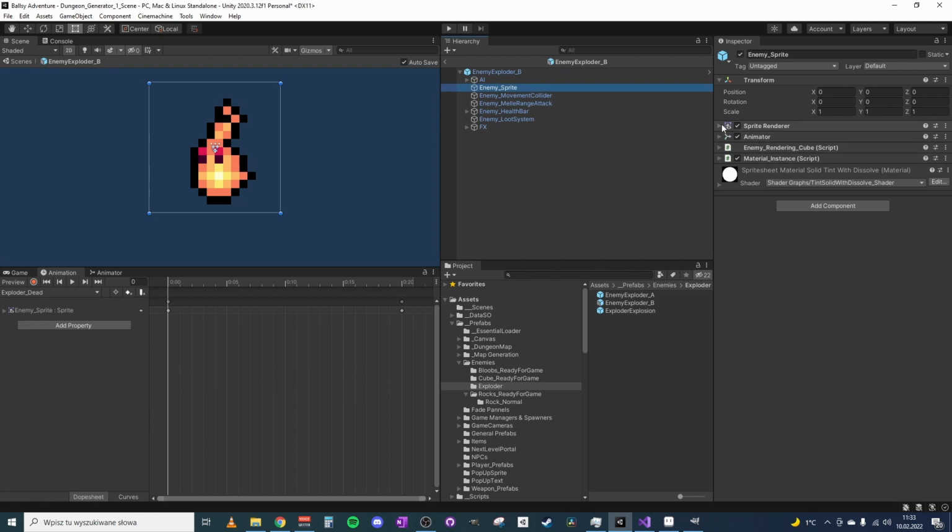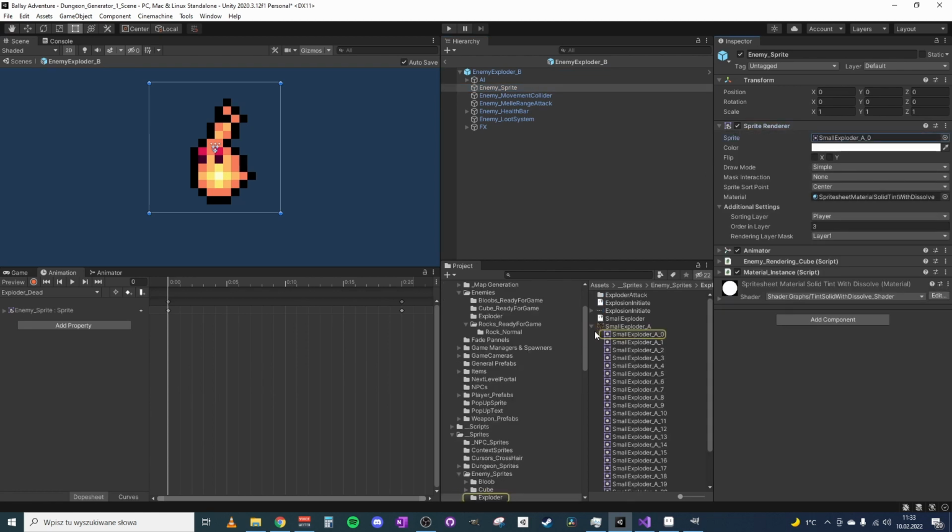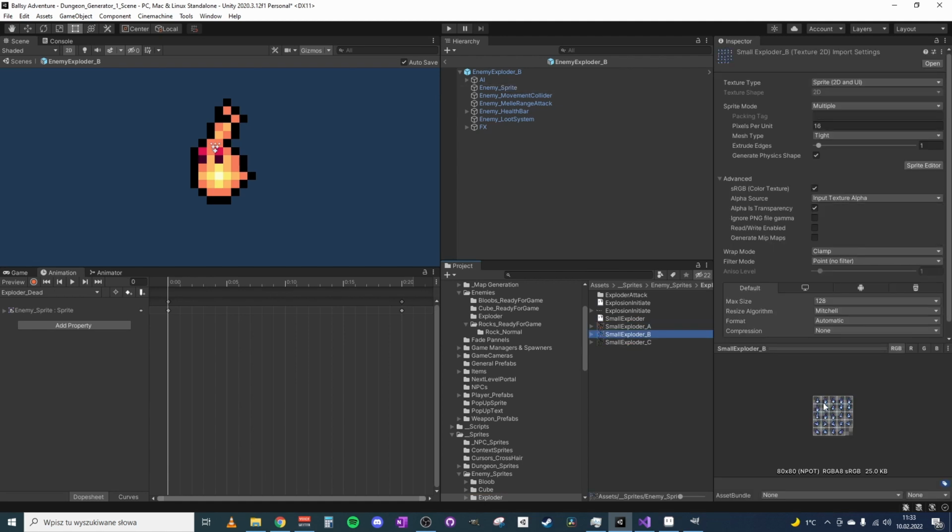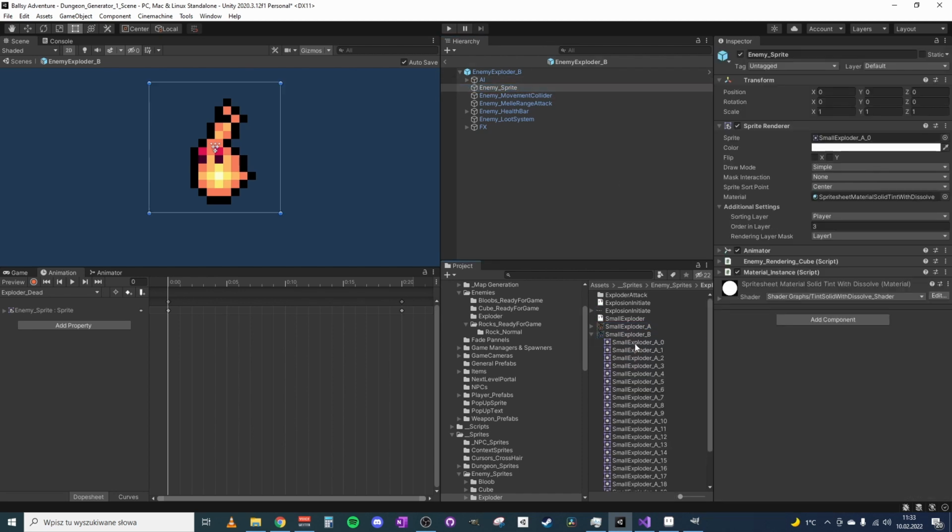So let's swap the sprites. I have already 2 different variations of the sprites. We have some blue, some reddish, and okay, that's the original one. So in order to distinguish between them, let's change the first sprite. So we have already jumped to the blue, and now by using this asset which I found,